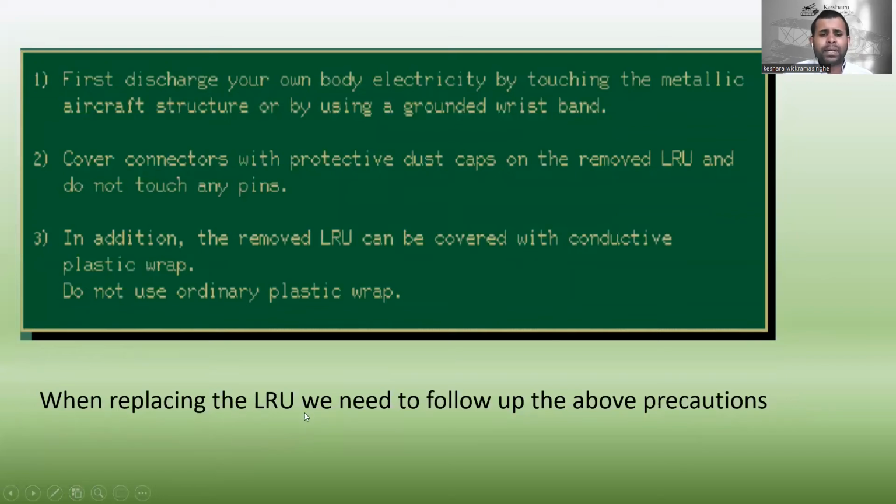When replacing the line replacement unit, we need to follow the above precautions, right? It means if you are going to replace a line replacement unit, you need to follow these precautions. First, discharge your own body electricity by touching the metallic surface structure or by using a ground wristband. Cover connectors with protective dust caps on the remote line replacement units and do not touch any pins, right? In addition, the remote line replacement units can be covered with conductive plastic wrap, and do not use ordinary